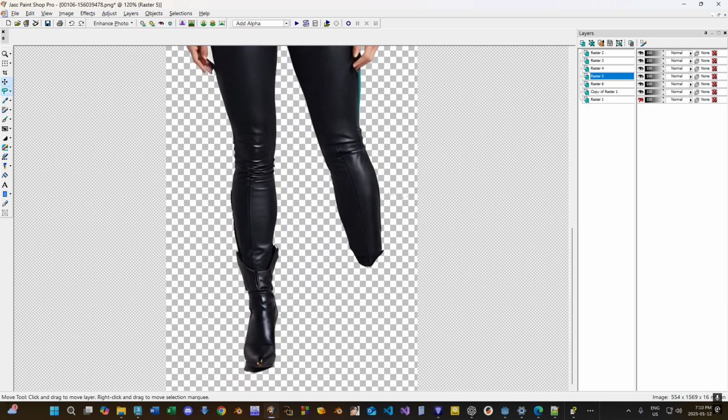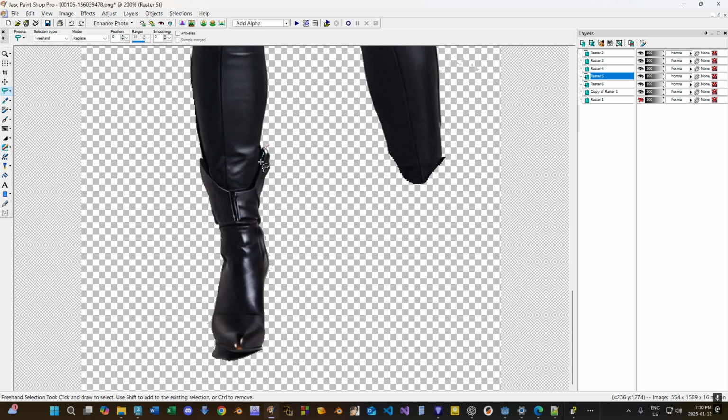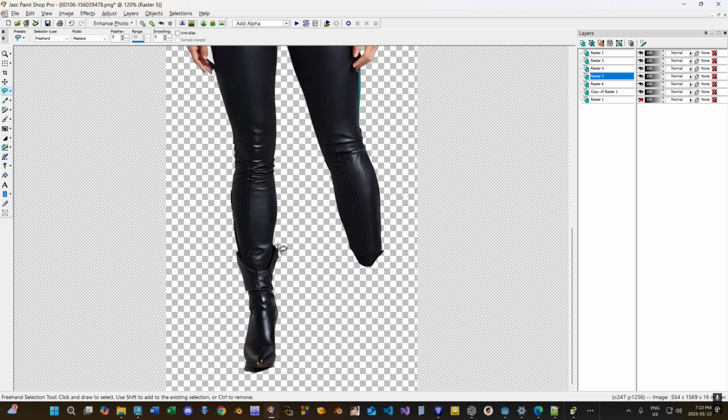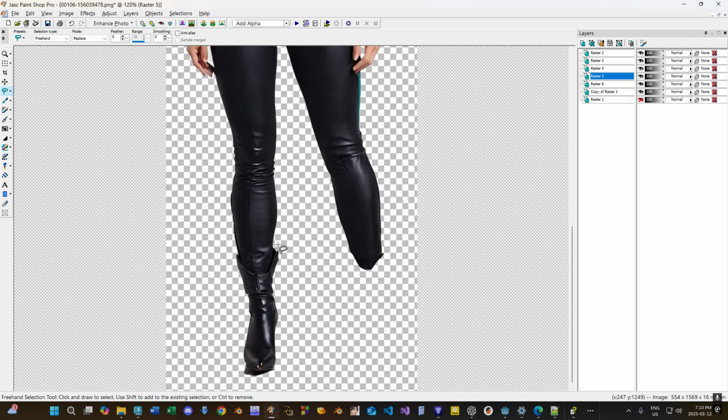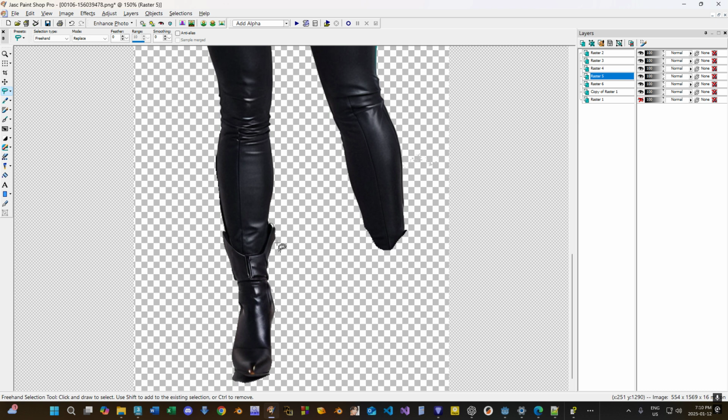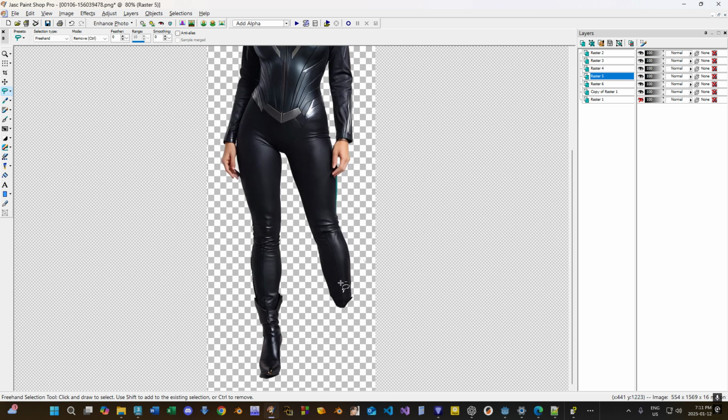Good enough. And then since this one's missing a shoe, we'll just do this. And you know what? I don't even know if I can mirror the shoe, but I'm interested in seeing if I can. So we're just going to leave that as